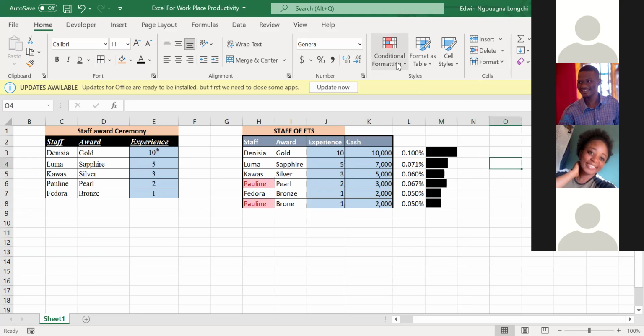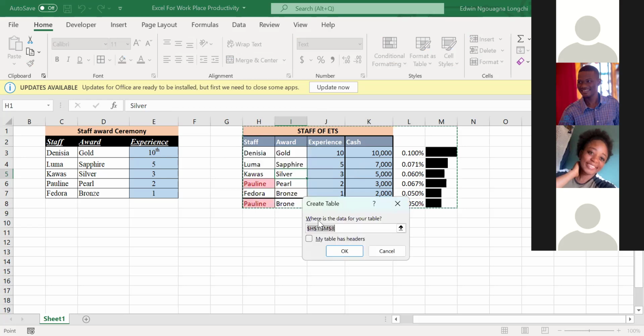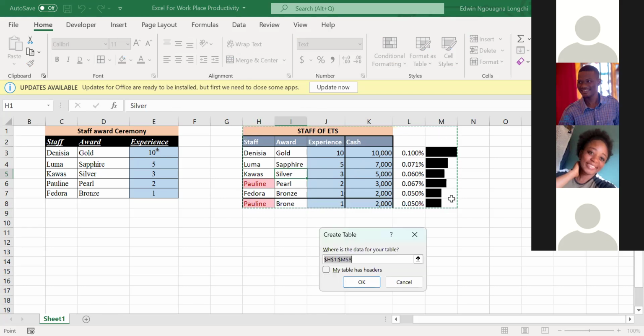All right. So we have format as table. Okay, so this is now what I wanted to tell you guys, that up to now Excel has not understood that this data is formatted as a table. He hasn't understood until you tell Excel that this data is actually a table. And how do you do that? By highlighting it, or you can just take Control T. Just click anywhere in your table and take Control T, and Excel asks, if you look very well, which is the data for your table, and Excel tries to automatically highlight everything for you.